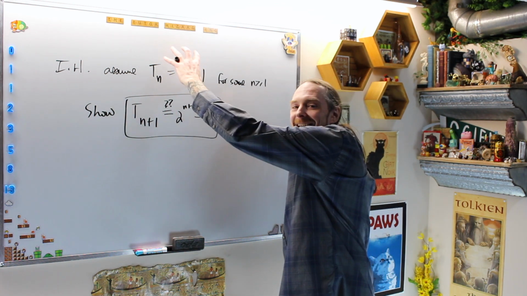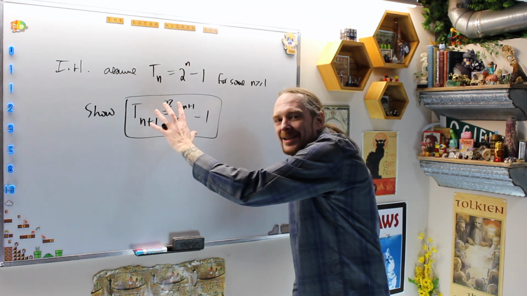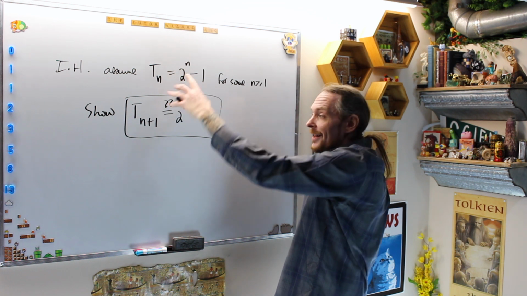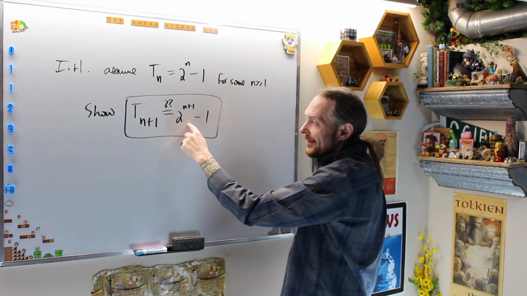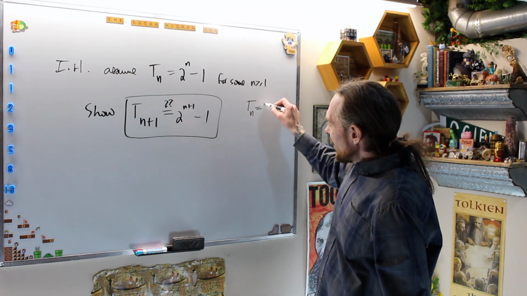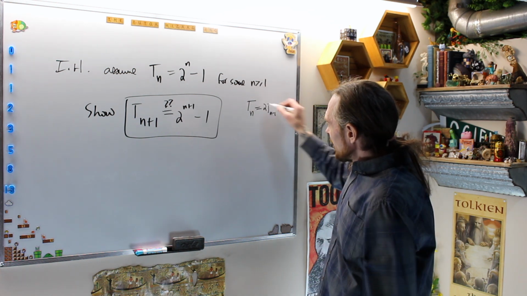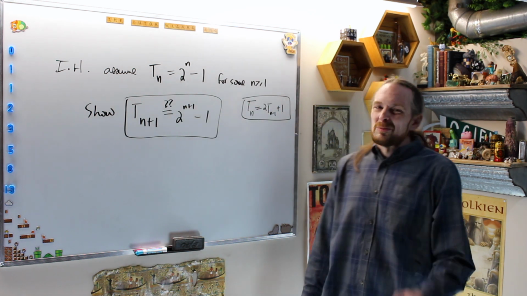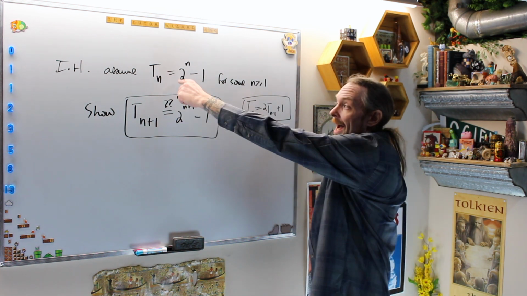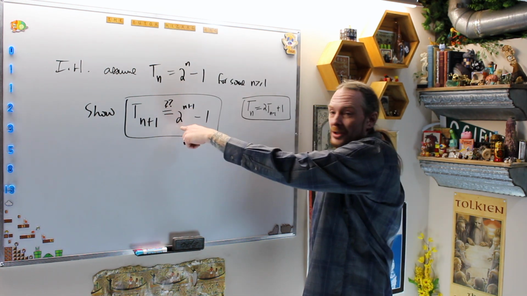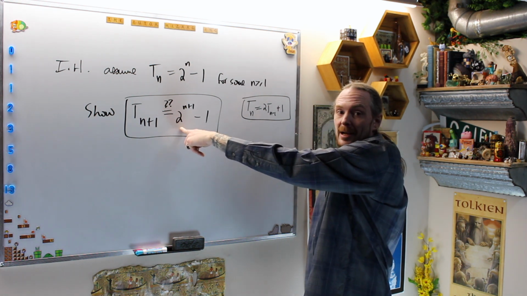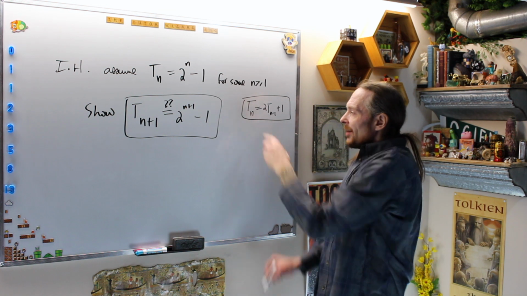You always assume an n case, and then you have to look at an n plus 1 case. So you have to look at putting n plus 1 wherever the n is in the original statement. Now I want this to be true. And the other thing I know in recursion relations is we have the definition of the recurrence relation. We know this is true also, which makes it really nice and easy for these types of induction proofs. So I'm going to assume this is true, and I want to show this is true, Tn plus 1. Well, that's going to be fairly easy now, because to talk about the n plus 1 case,